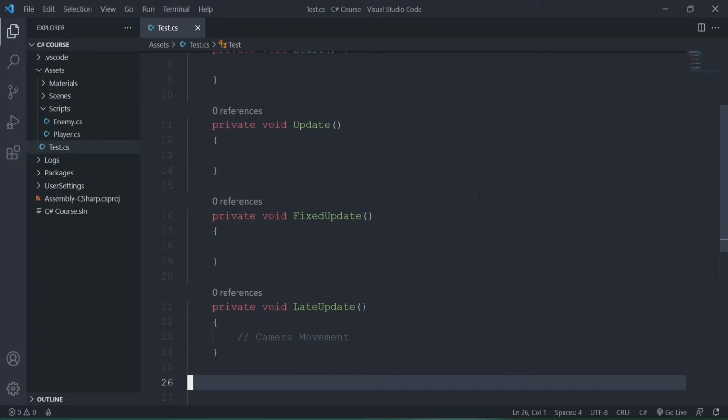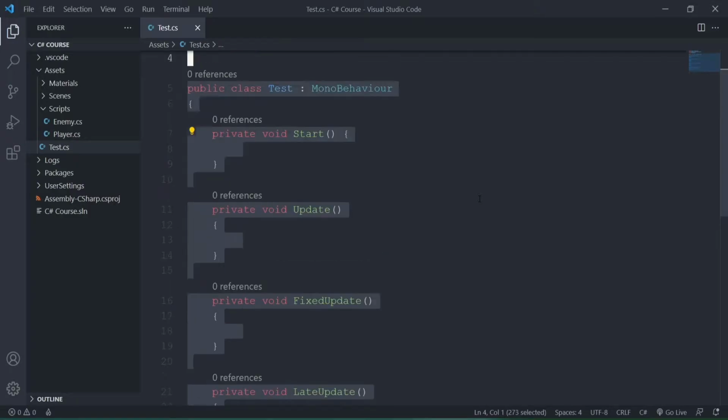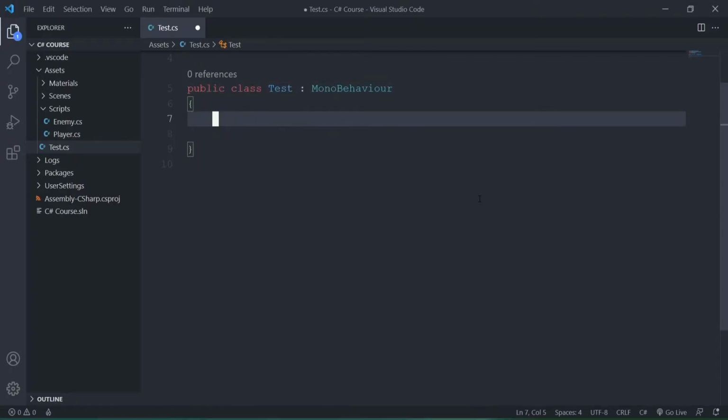And there are also user-defined functions. User-defined functions we write with private, then void. I will explain the meaning of void. Then we give it a name. So for example,